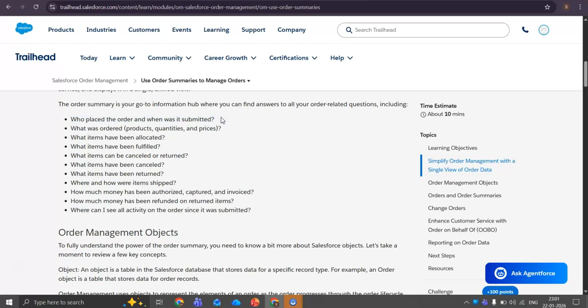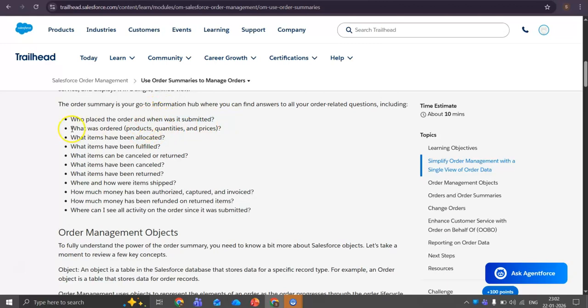Suppose you want to know, consider I am the customer, I have placed an order, and you are the OMS user or the business user who is handling this order management part. If you want to know who placed that order, you can go to order summary, and there you can see an account where you can see the record. From there, you will get to know who placed this order. Okay. So in an order summary, you can get to know who placed that order. And also you can see the date as well.